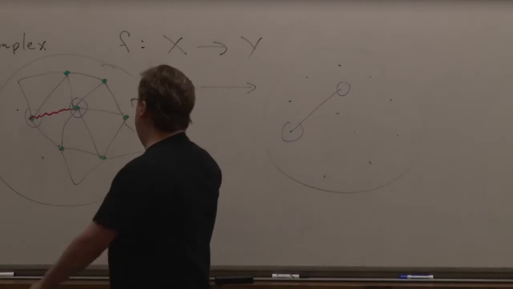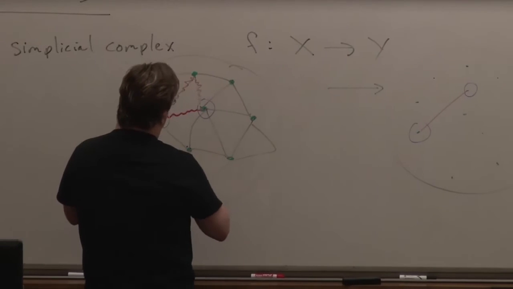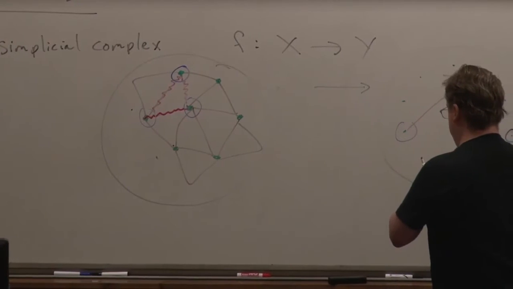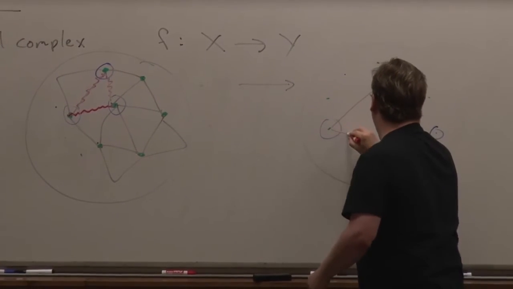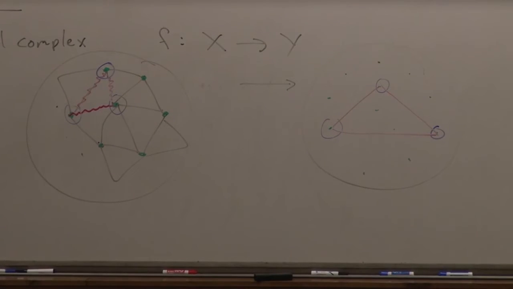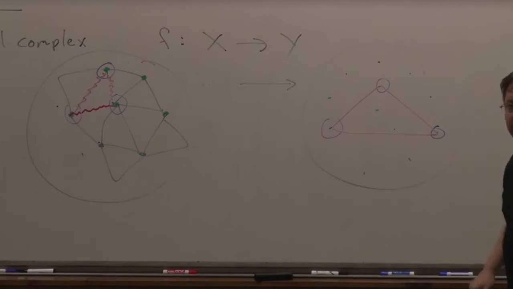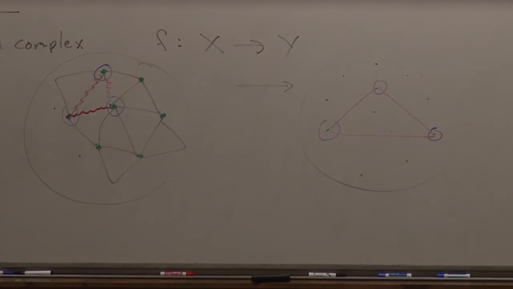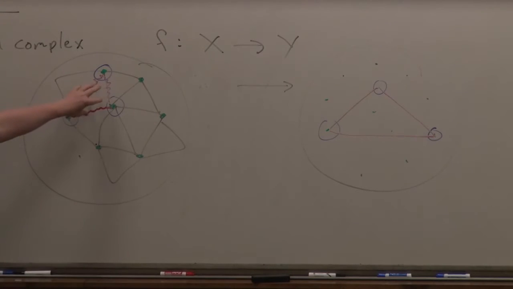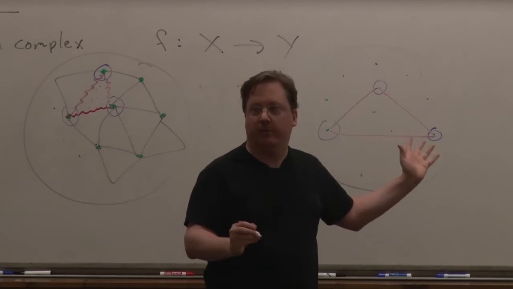Where we get into trouble, potentially, is if we try to keep doing this. So now I have that 2-simplex over there, whose boundary I've mapped across just by leaving the vertices where they were and mapping the edges to geodesic segments. And what I have initially, again, is essentially a random map that sends points in this simplex to somewhere near these 3 points in an essentially arbitrary way.